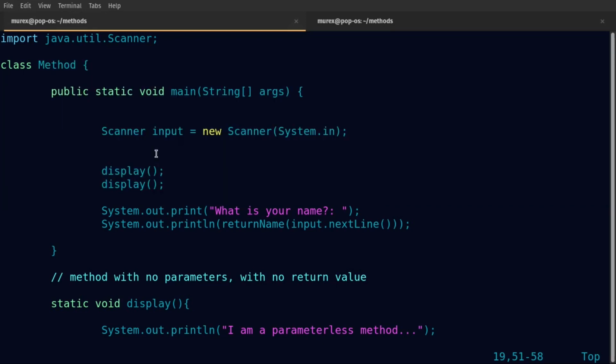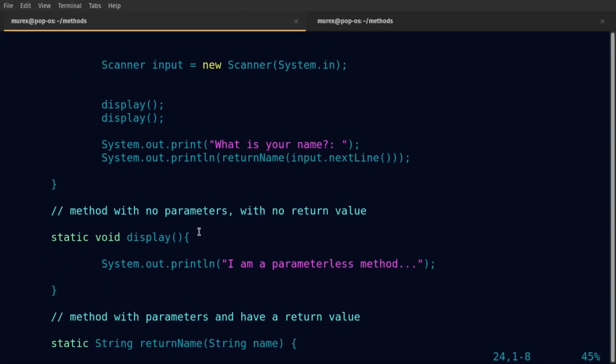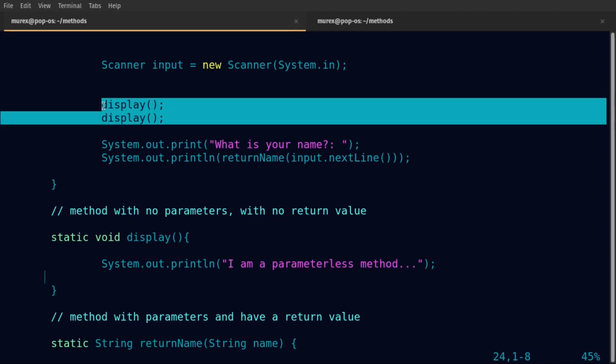For now, just know that we are defining methods of types in which you don't have to first create an object of your class in order to access or call the methods in your static method. Cool. So we just define the function that displays something. We call it twice. You can call it as many times as you want. And then secondly,